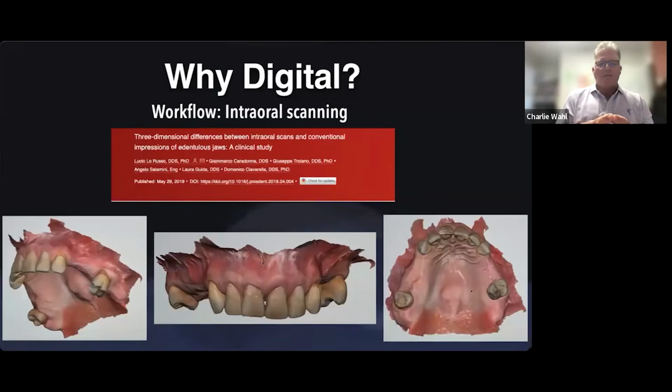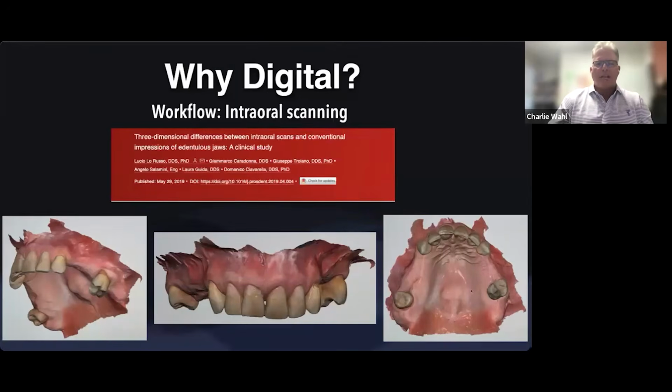It takes a lot of practice. The more teeth we have, as I said, the upper arch is much easier. I love this scan that a dentist did for me. We were going to be doing an immediate denture, and look at the extension of the scan. I mean, just absolutely amazing. The palate, look, thinking of anatomy, we have everything we need to be able to make a denture on this